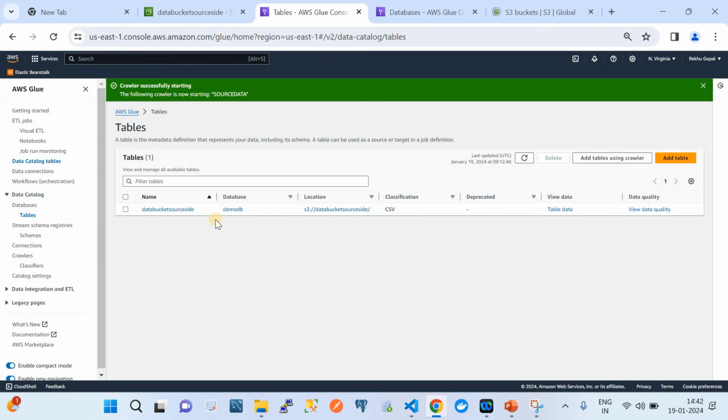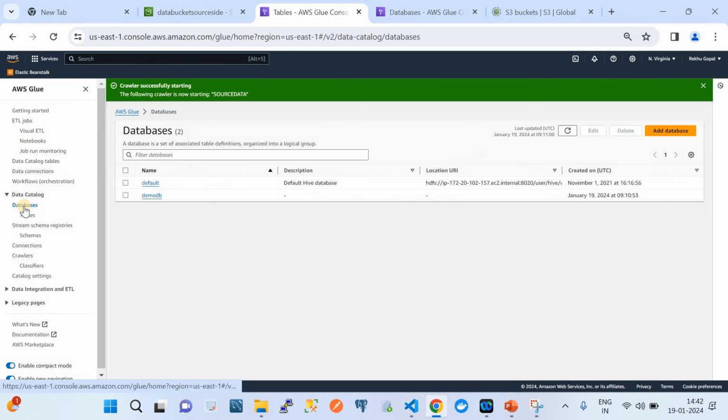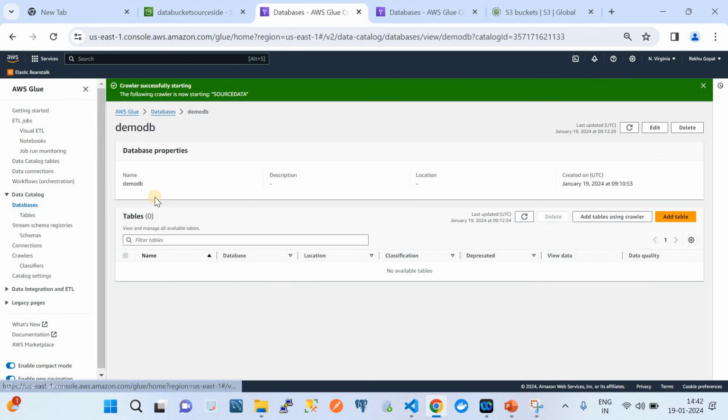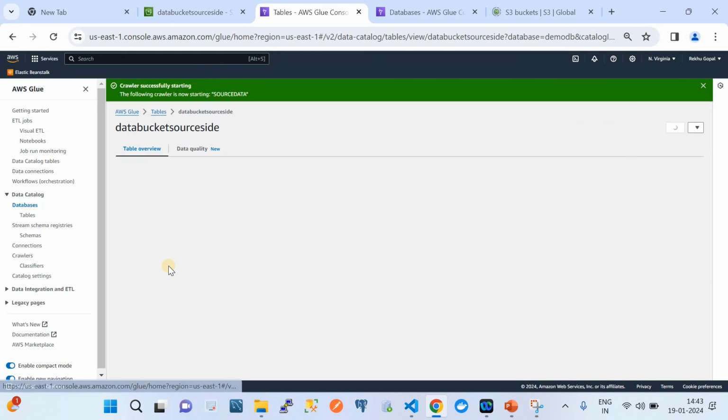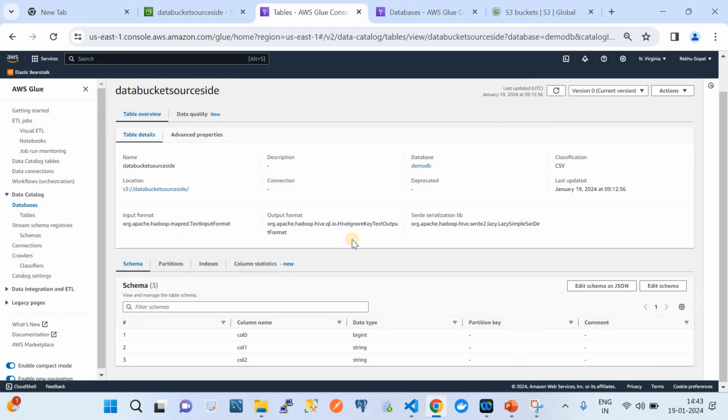So if you see here, the data has created a table right underneath the database called demo database. Once I click on demo and refresh the demo database, it should be listed here, right? So you see that our table is listed. If you click on this table and go to the table, if you see here,